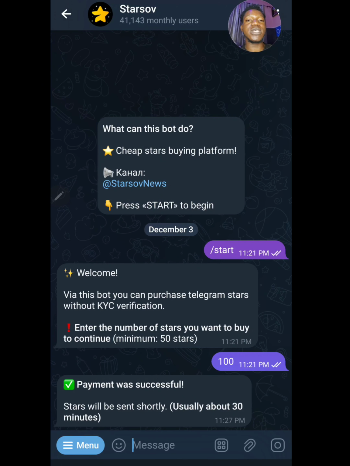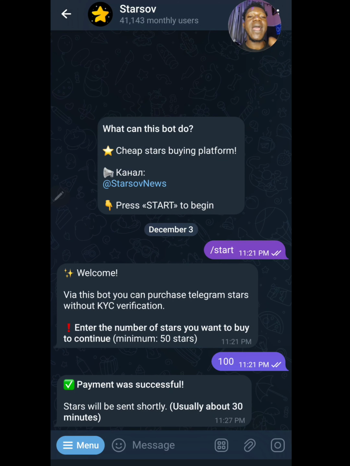So do well, follow this process. If you do not understand anything before you proceed, please go ahead and rewind the video to watch it carefully. What I need you to put in mind before doing this is simply make sure that you actually transfer the exact amount of TON, make sure that you copy the exact address that they gave to you, and most importantly, make sure that you copy the exact comments that they give to you, because through your comments they are going to be able to verify that you have actually met the necessary requirements required for you to actually receive the TON. So these are the three major steps that you need to put in mind before you proceed with this step,